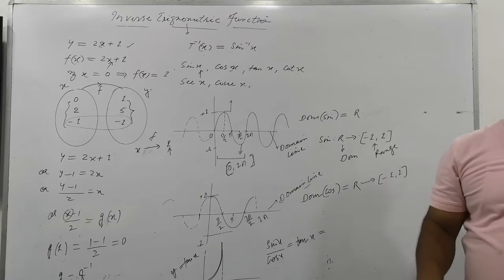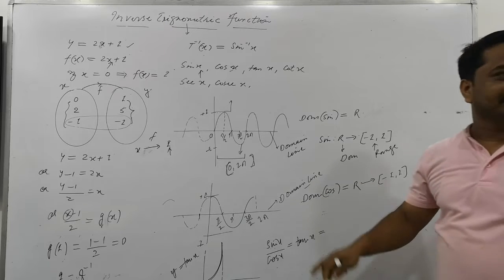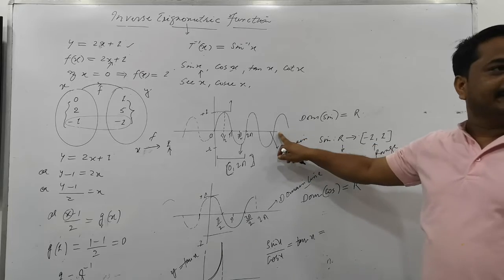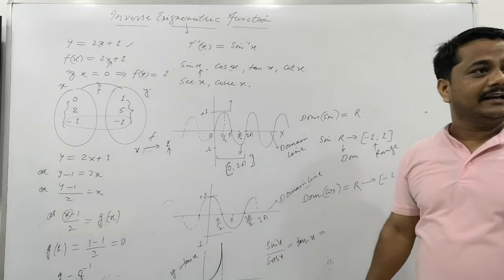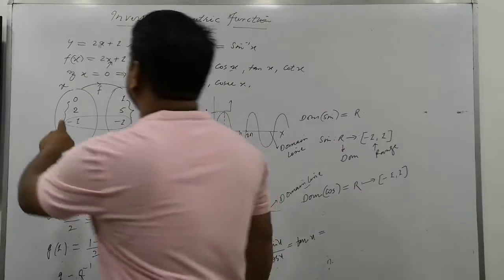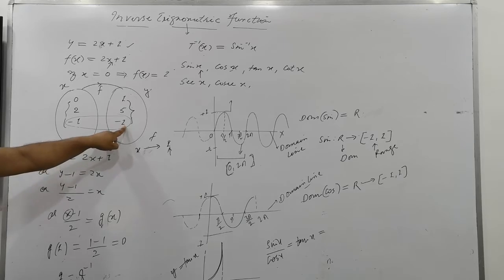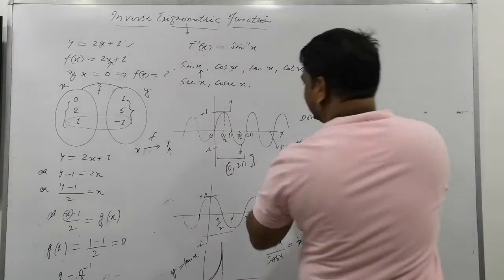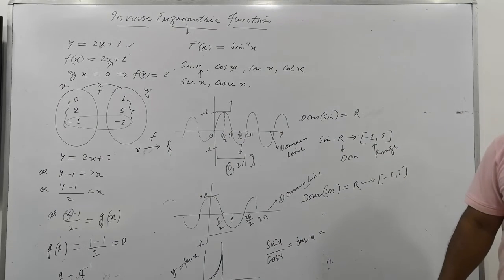So what is special here? Inverse trigonometrical functions. So what is called an inverse trigonometrical function? Listen please. For the sine function, see carefully: x is the domain line. For the function f, this set is the domain set. Right now, for f inverse, this set is the domain set. Is that clear? So for sine inverse, y is called the domain line.